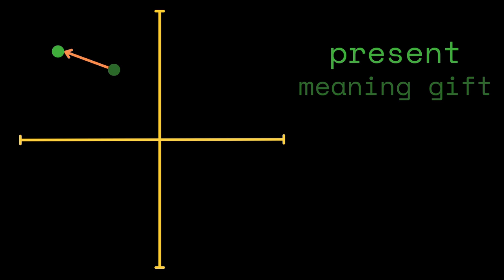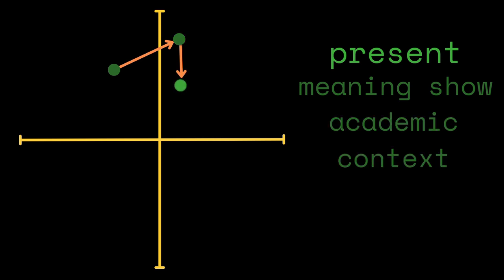But in another case, it would add the feature to show, as in, I presented my work. In later layers, it would even be able to distinguish the context of the action as a feature. So that would be the difference between, I presented my work at a conference. The other researchers were very impressed. This has the context of an academic setting.